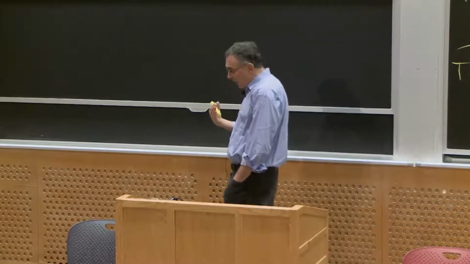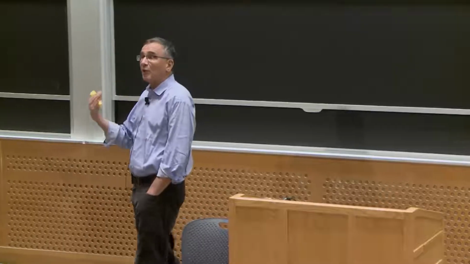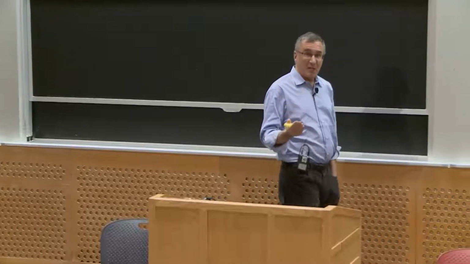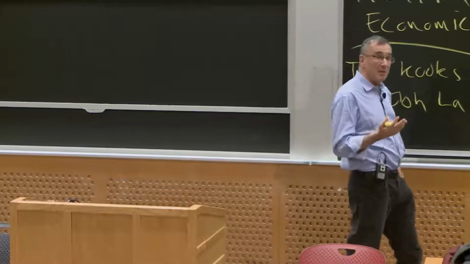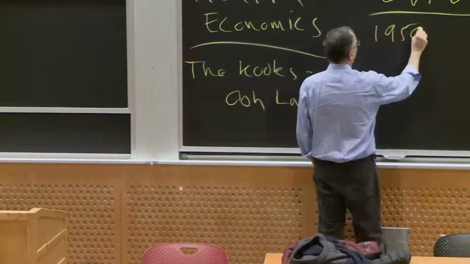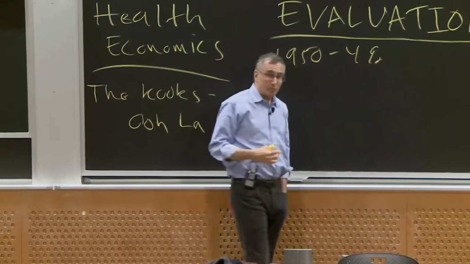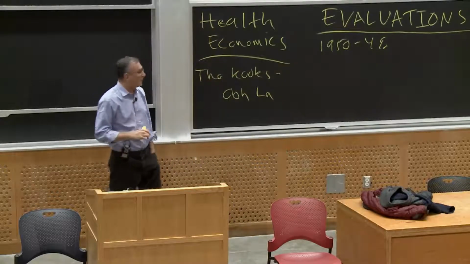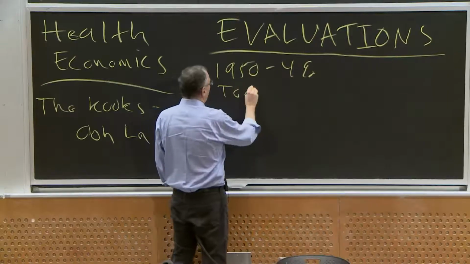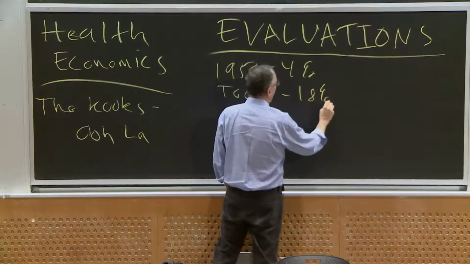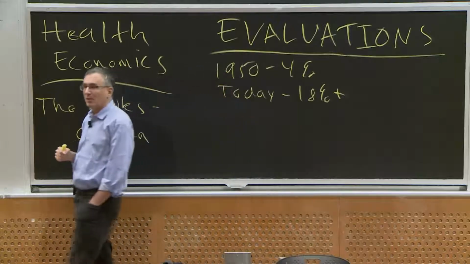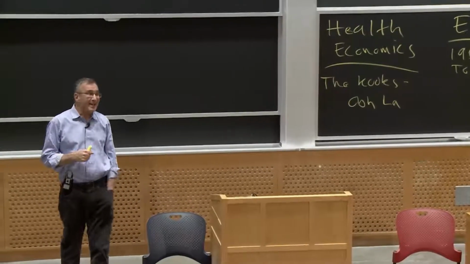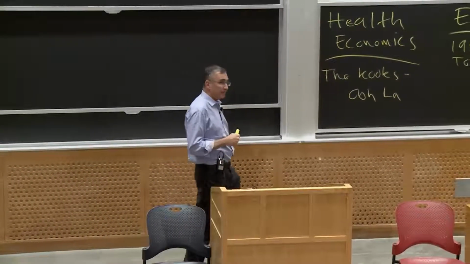Okay, so let's set the stage to talk about healthcare economics by talking about healthcare in the US, and let's just throw out a couple of facts. In 1950, we spent 4% of our GDP on healthcare. That's pretty big. That's a 25th of the economy, but it was the 10th biggest sector of the economy. Today, we spend more than 18% of our GDP on healthcare. It's the largest single sector of the US economy. So spending on healthcare has grown enormously.